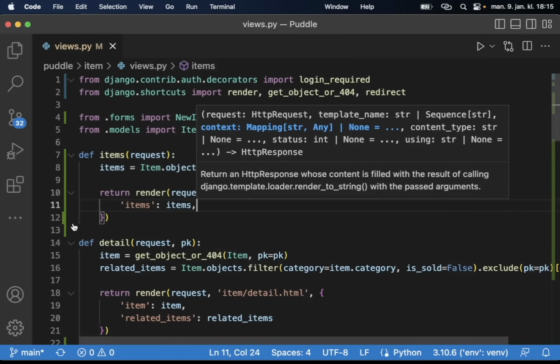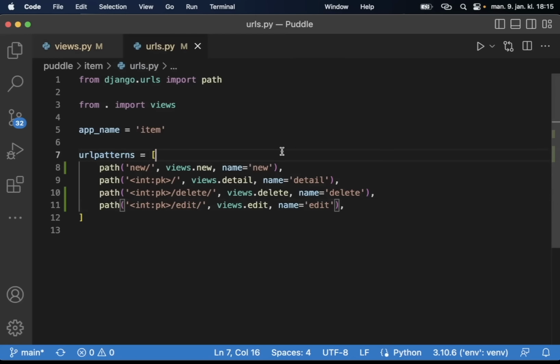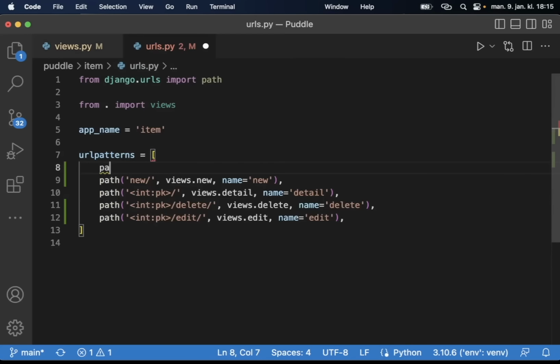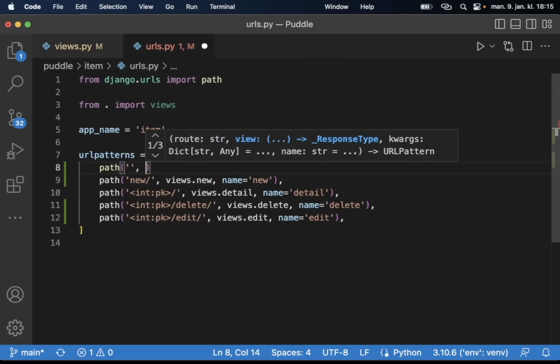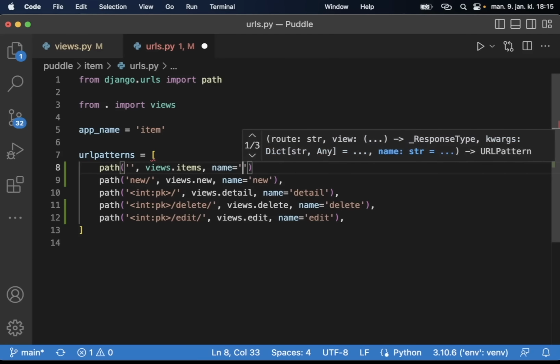So let me import this into the URLs file in the item folder. This can just be empty since the items is added in the main URLs file. views.items and name items